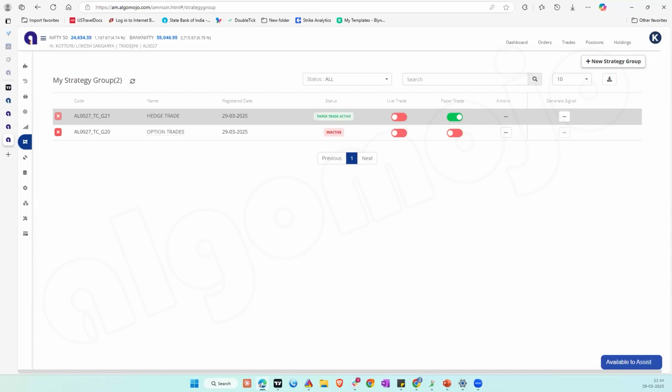A VWAP based buy sell can easily be created in Amibroker. Sure, in TradingView also a lot of strategies are available based on VWAP. If you find anything suitable, you can test it out, do the backtesting. If you find that all the parameters are meeting your evaluation criteria for trading, you can deploy them and create the alerts like what we just saw and start trading. So